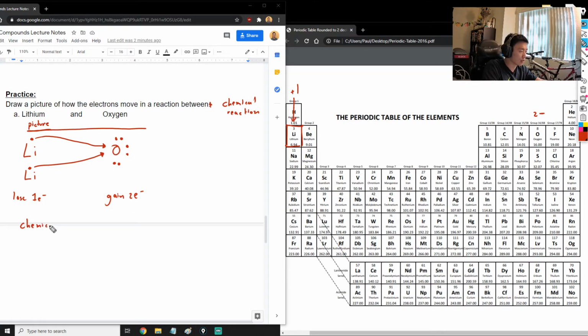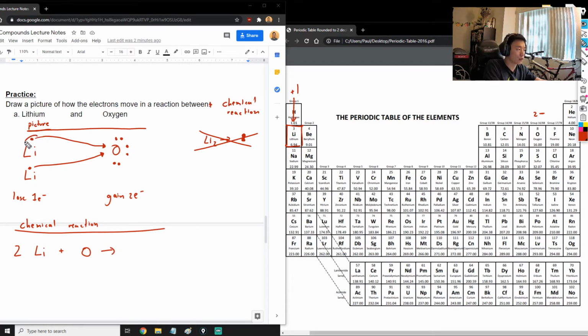And so if we write the chemical reaction for this, we would just write how many of each we have and what we make. So if we have 2 different Li's, since they're separate, we're going to write 2 Li. Again, we're not going to write Li2 because Li2 means that the lithiums were connected together. But if you look at where we drew the picture, they're not connected together. They're separate. So since they're separate, we're going to write 2 Li. And then we combine that with an O, but there's only one of them, so we don't need to write a number. And that's going to make